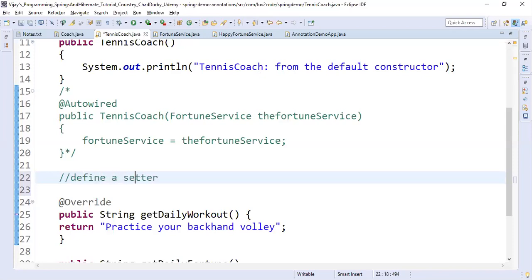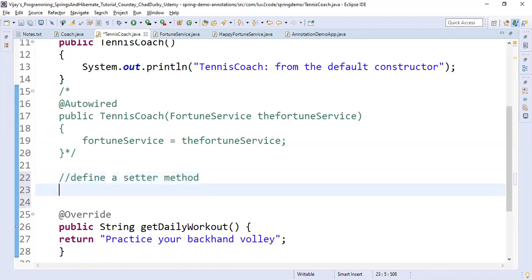So here, public void setFortuneService, that is a dependency.